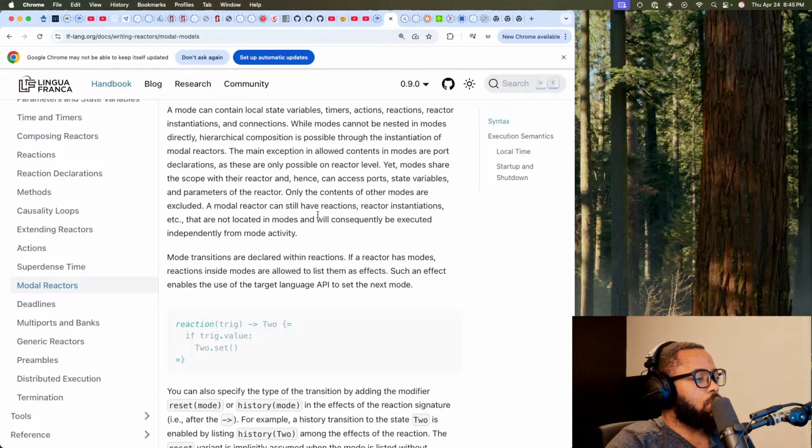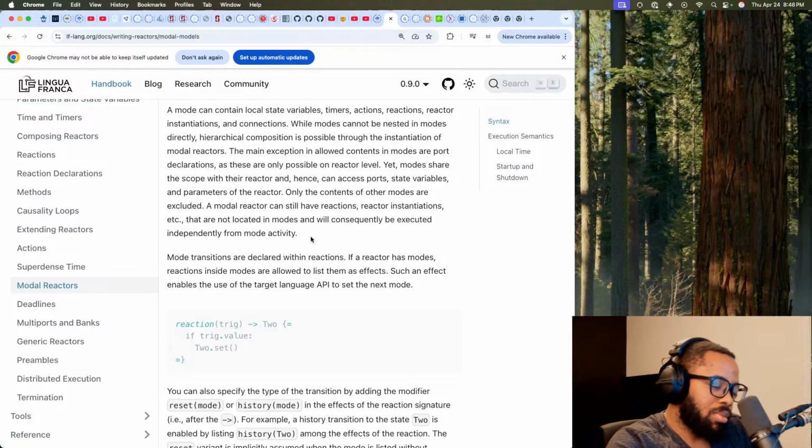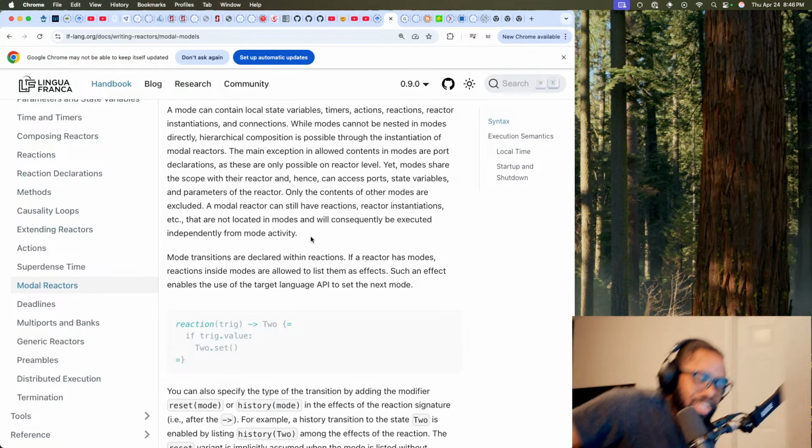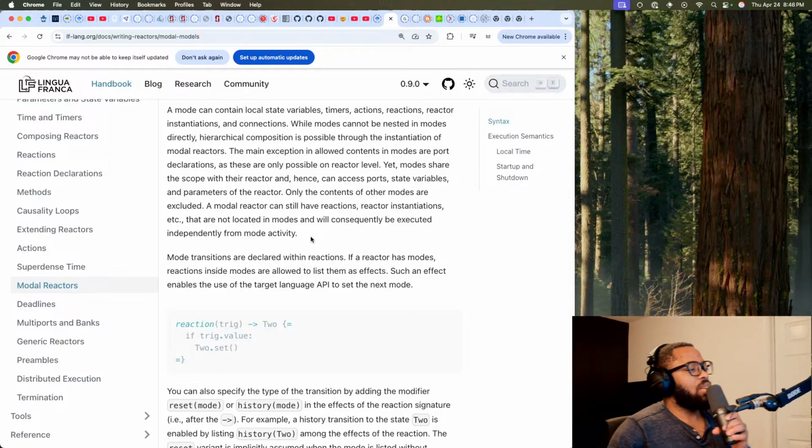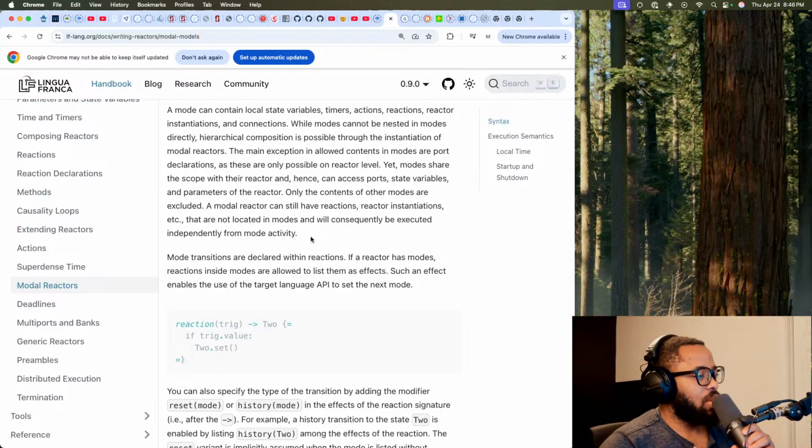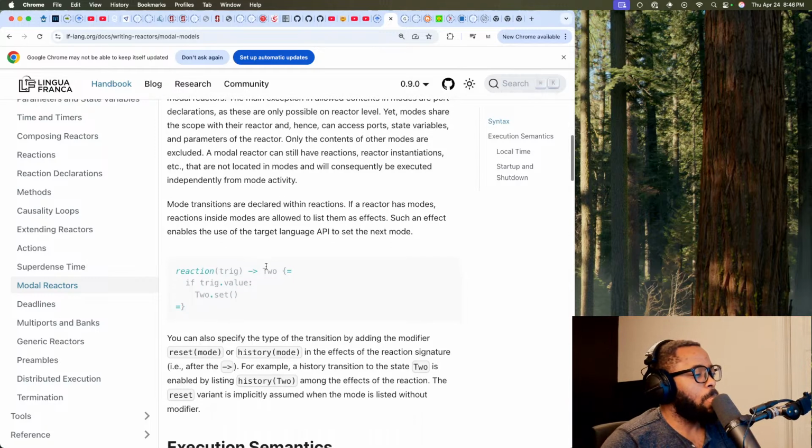Okay, a modal reactor can still have reactions, reactor instantiations, etc., that are not located in modes. It will consequently be executed independently from mode activity.